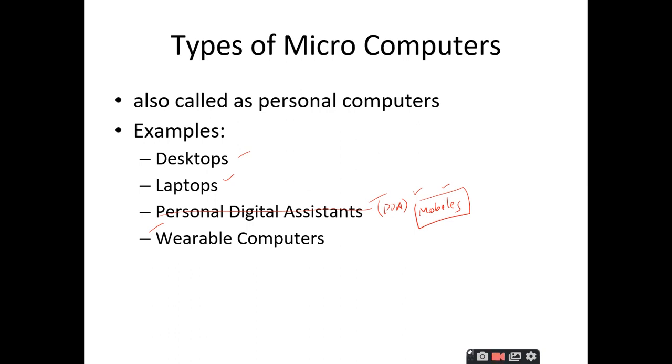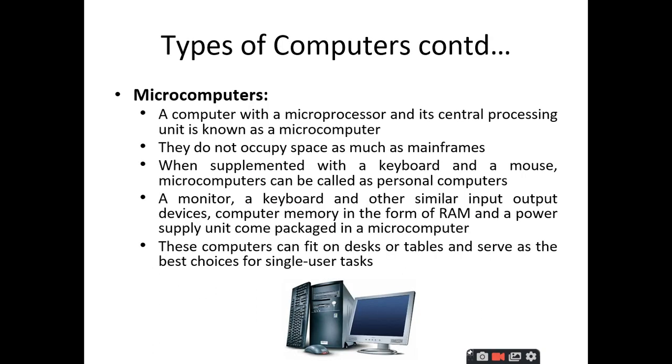This is the present generation, the 4th generation of computers. And the specialty of these computers is that they are very small in size. That is the reason why the mass audience can make use of these computers. Microcomputers can be used by normal people also. They are small in size, they are cheaper, which a normal person can afford, and they do not occupy as much space as mainframes, as I told. And the technology that is being used is the microprocessor. This is nothing but the 4th generation.